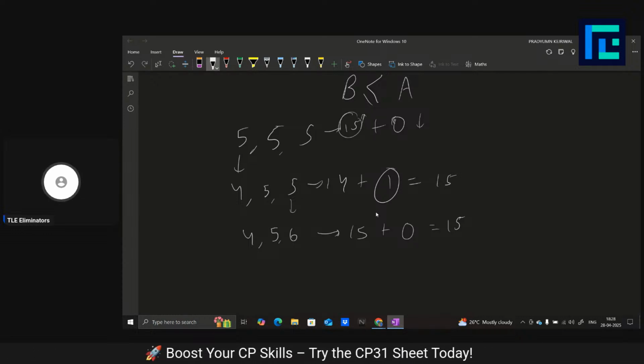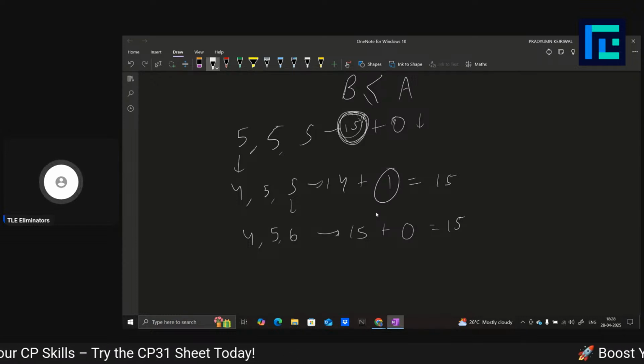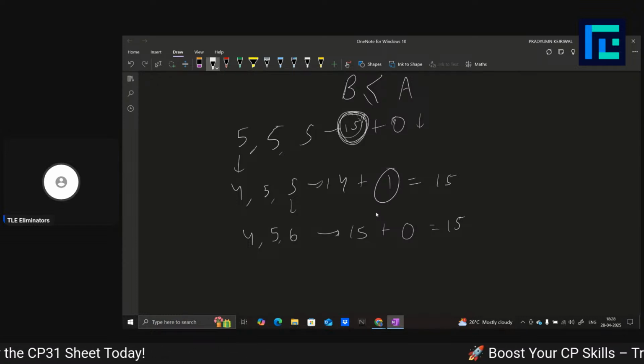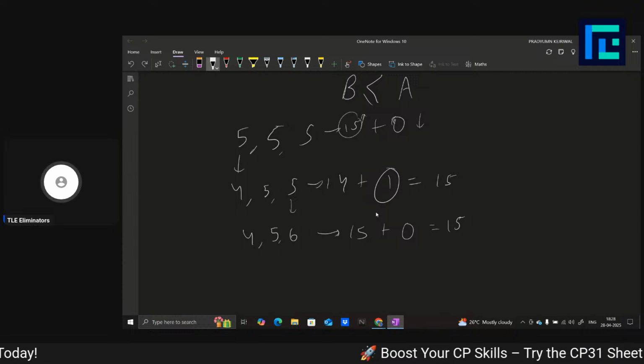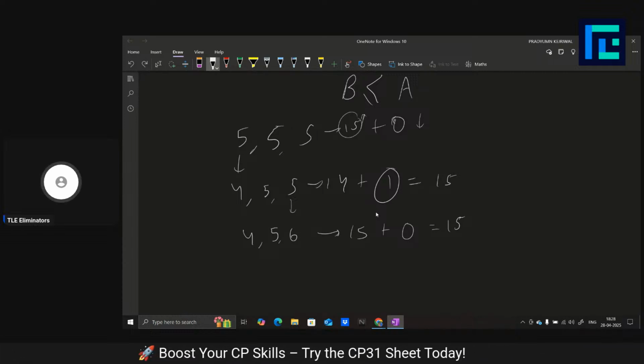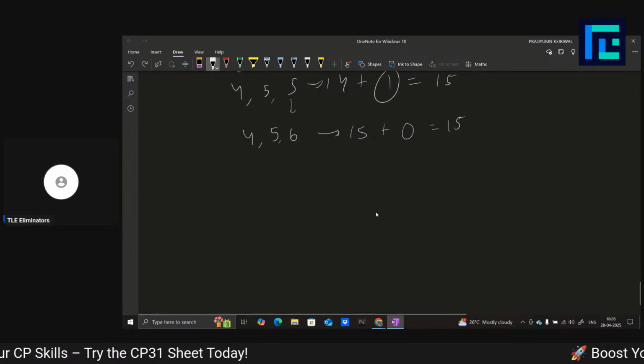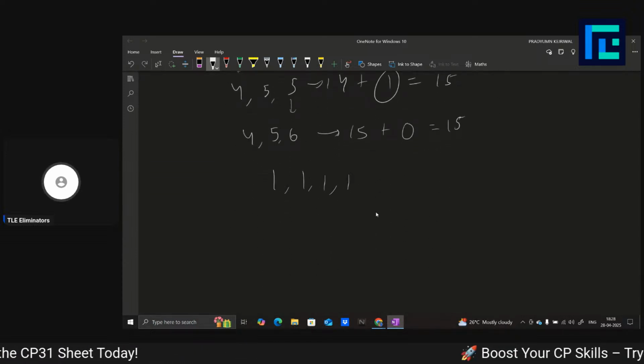So therefore the initial sum, whatever it is, the final sum also has to be less than equal to that, and you can make any array which has the sum less than equal to this array. So like whatever array you give me, like let's say I have 1 1 1 1 1,